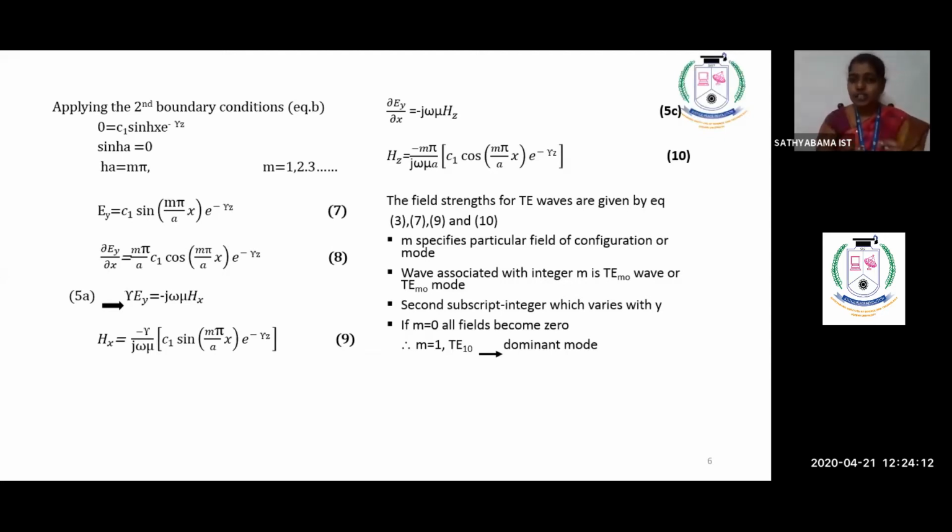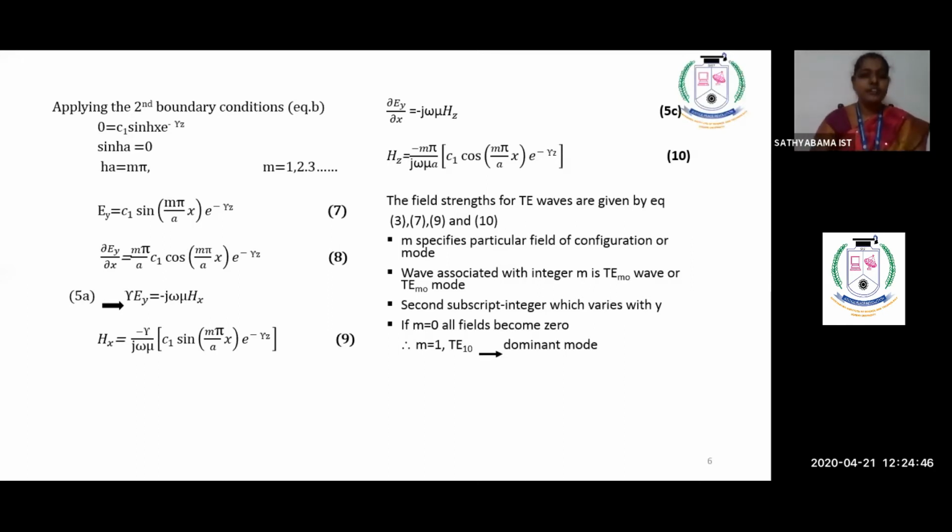So here I would like to tell you, if I remove that e power minus gamma z, what will happen? We have said in the previous session, if you try to remember, you can easily say, if I remove that e power minus gamma z, that is the magnitude Ey naught. If I join that e power minus gamma z, it will become the full component Ey. That e power minus gamma z tells that your wave is propagating along your z direction. That is the meaning of e power minus gamma z: phase propagation.